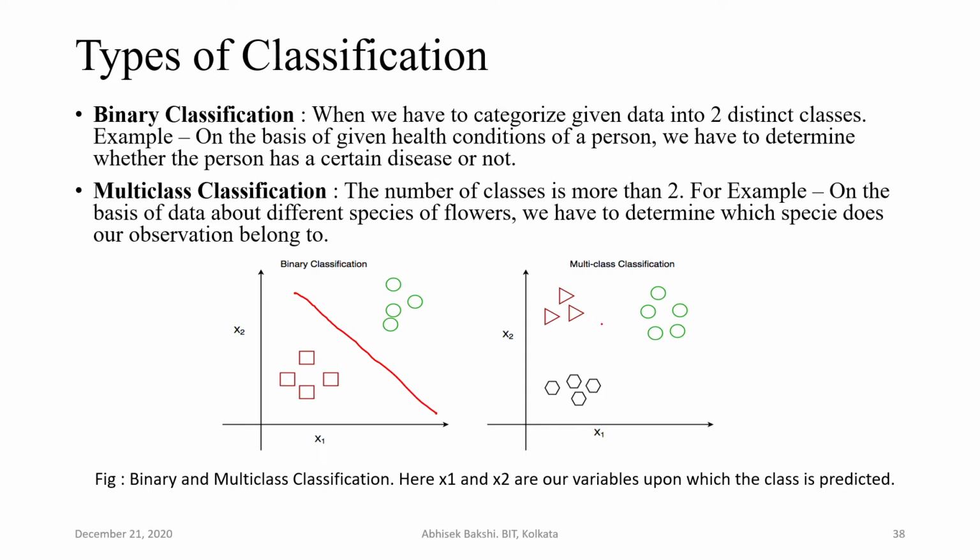But here one boundary is not sufficient. I can see three classes over here, so basically I need at least two boundaries. What the algorithm does is consider it initially as a binary classification problem, and somehow it segregates one set on one side and another set on the other side. For example,